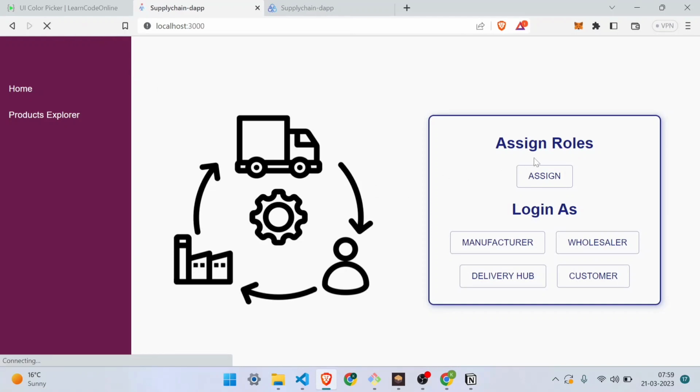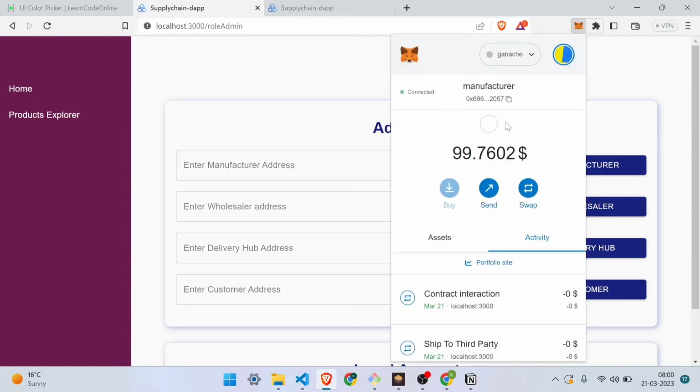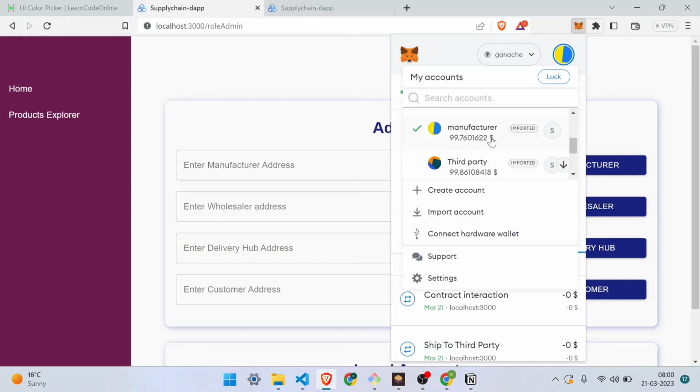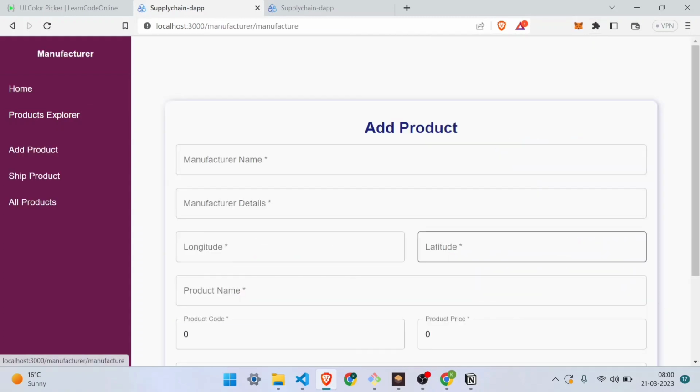We can assign roles to different people, that is manufacturer, wholesaler, delivery hub, and customer, to different unique MetaMask account addresses. I have already added roles to them. We can see in MetaMask here, there is the manufacturer, this is the third party, delivery hub, and customer address. Now we will quickly log in as a manufacturer, and we will